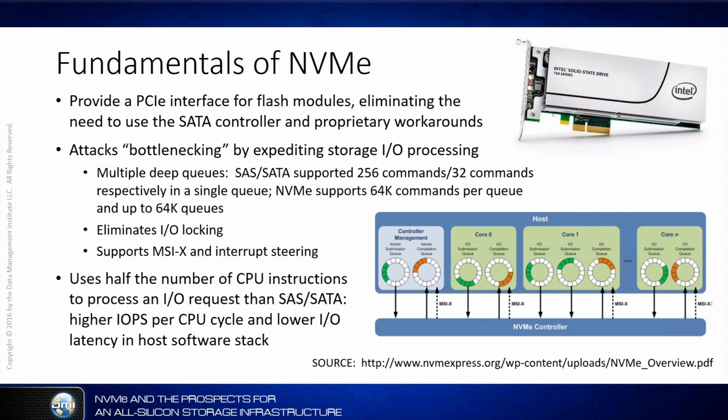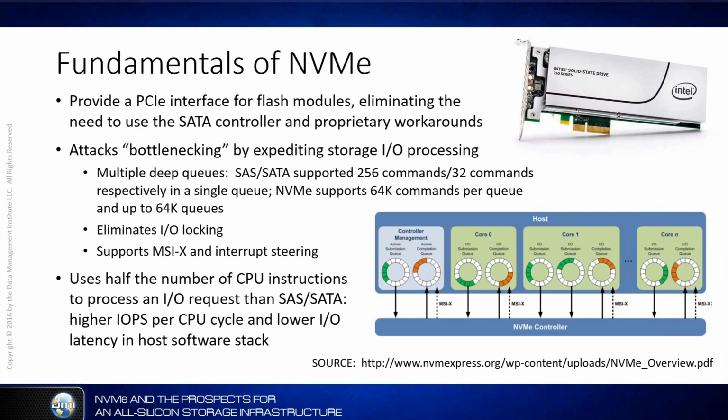Now, that also came along with eliminating I/O locking. We had to lock one set of queues with SAS or SATA while we executed another, and then we could unlock the next set of queues, and so forth. That got to be kind of a troublesome time-sharing experiment. With PCIe and NVMe, we're hoping to eliminate that locking altogether, and also to do interrupt steering, which was going to hopefully reduce some of that other latency that accrued to the SATA bus.